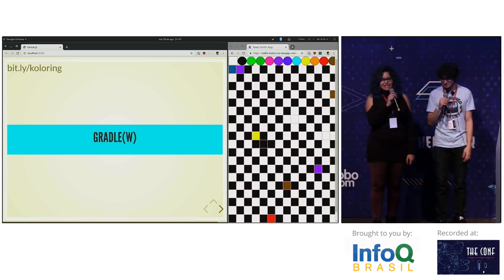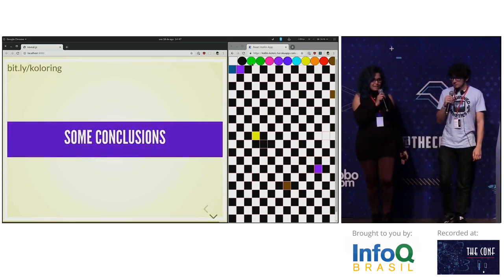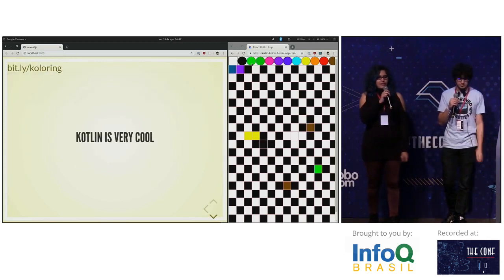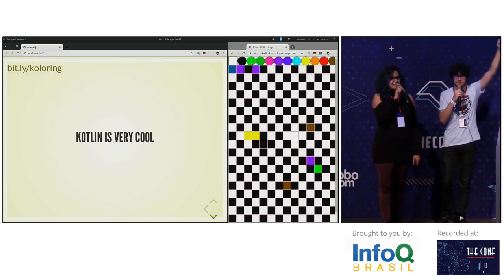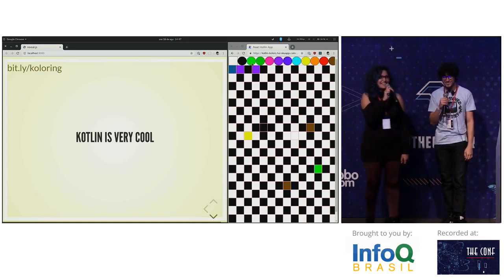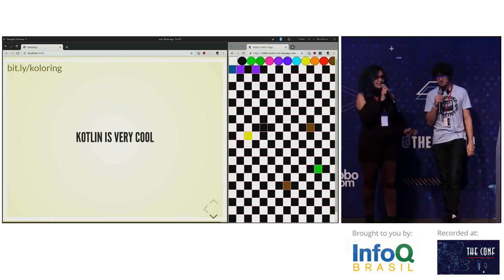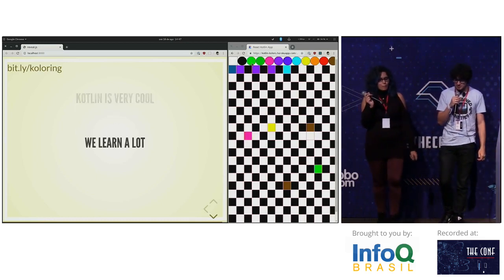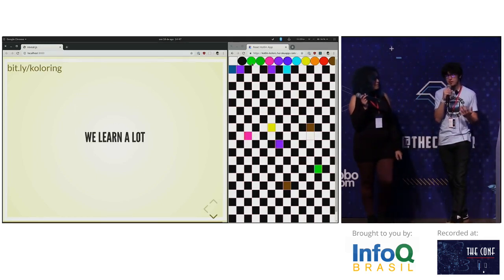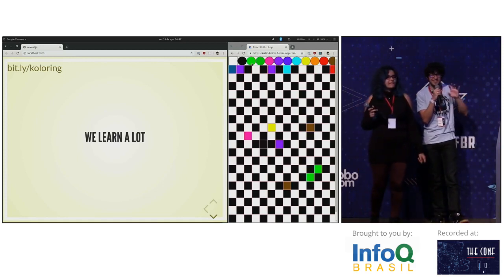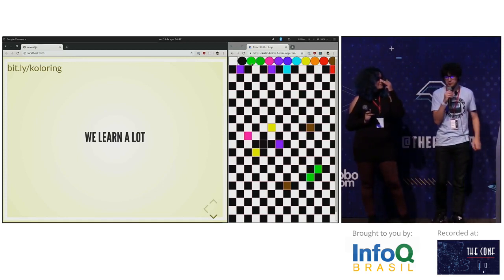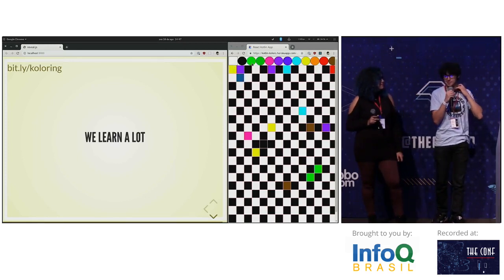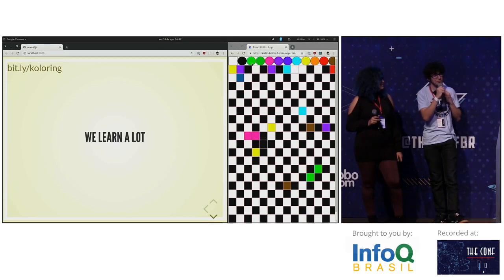What can I do? So, some conclusions about what we learned. Kotlin is cool. I started with some skepticism, but Kotlin is actually very cool. Not React Kotlin, listen well, but Kotlin itself is cool. We learned a lot about it, including how to navigate through the Kotlin.js code base and how stuff works without documentation.